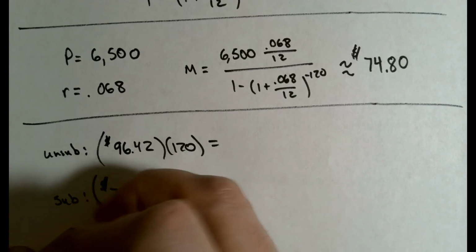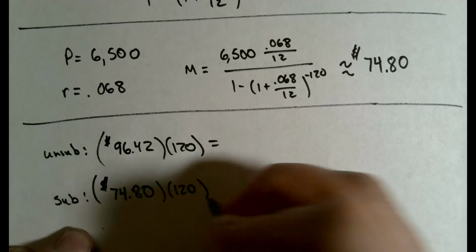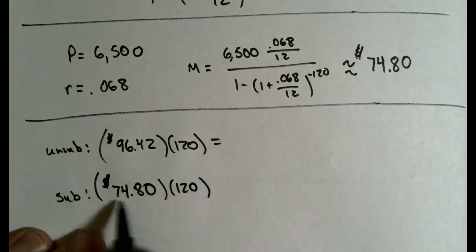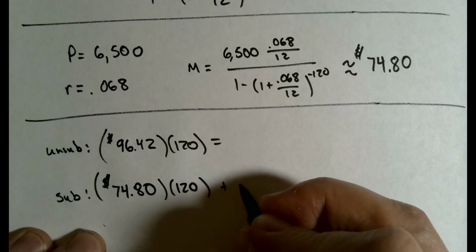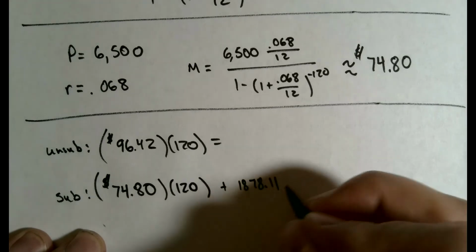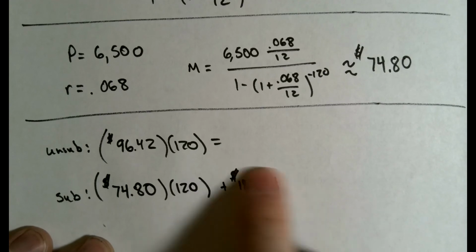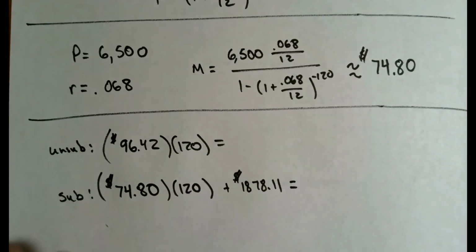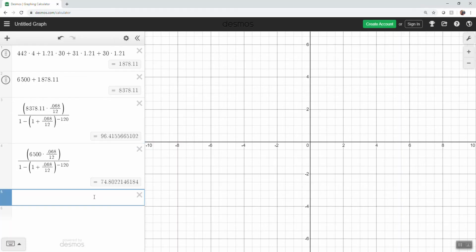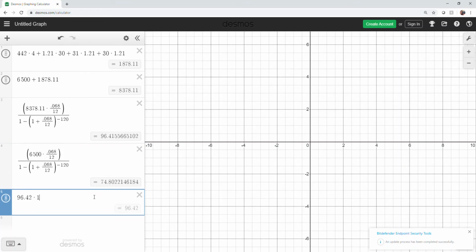Let's, in this case, assume we paid it. And so this would be our monthly payments. I'm going to add to this the 1878.11, assuming we paid it. If the government paid that for us, we would not include this in a calculation. And we'll compare these two loans and see how much we ended up paying overall for that $6,500. So I'm going to take the 96.42 and multiply it times 120. And you'll see that we end up paying